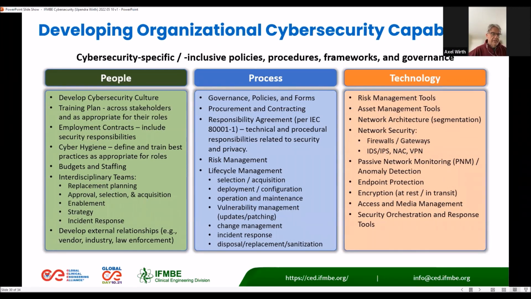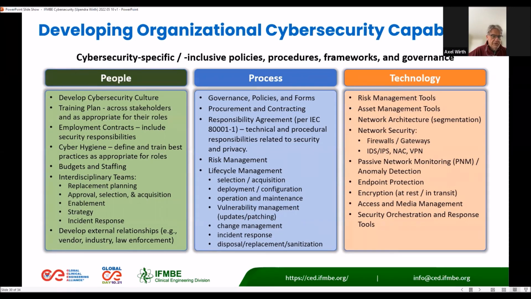Build a secure network architecture, segment your network. Build good security into your network components, your firewalls, your gateways, and other systems. Use passive network monitoring tools that monitor your network traffic and detect abnormal traffic, as for example, all of a sudden your MRI scanner doesn't connect to the manufacturer of the MRI scanner anymore, but to a totally different IP address in another country. Clearly, you know that that is not a normal service access, and you should be able to detect these kinds of events